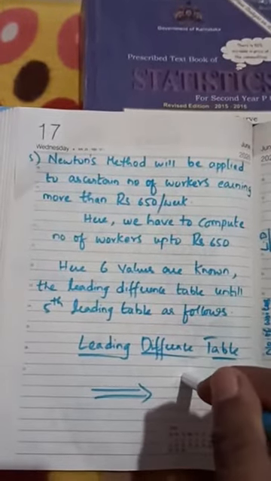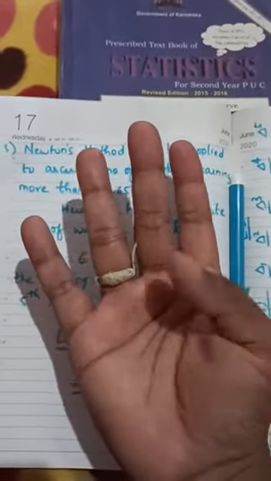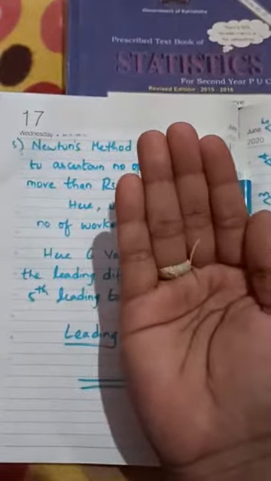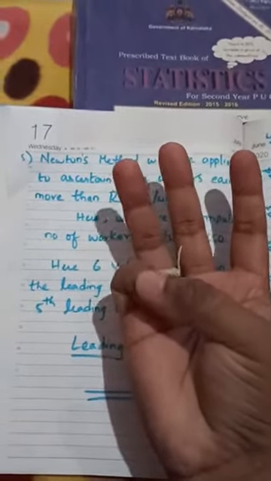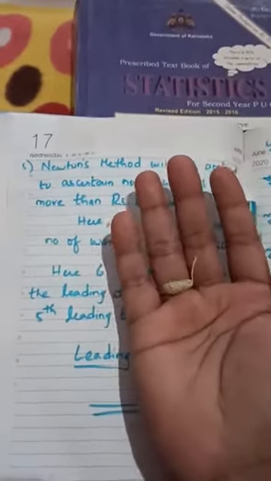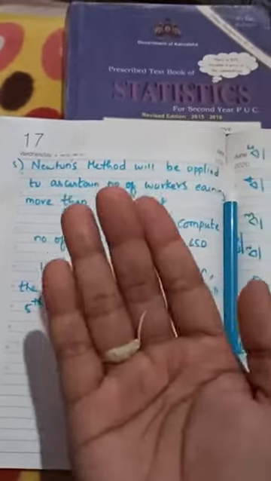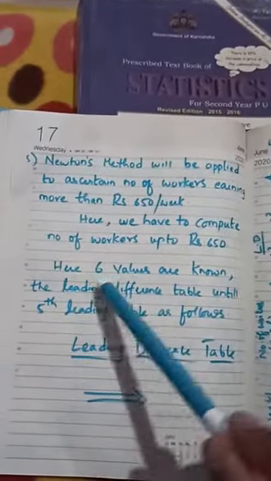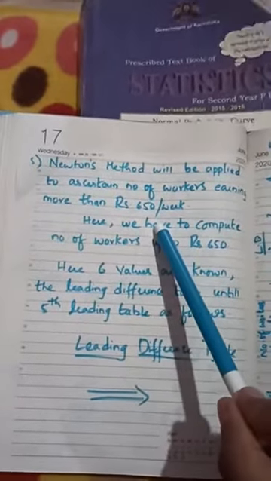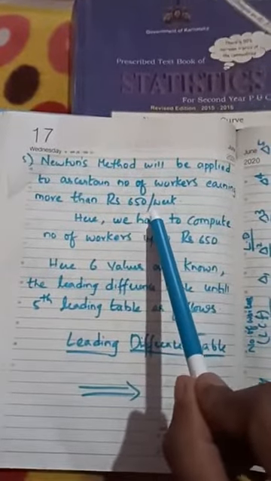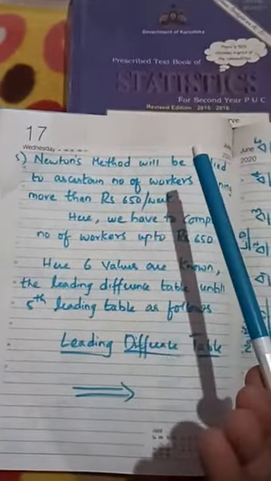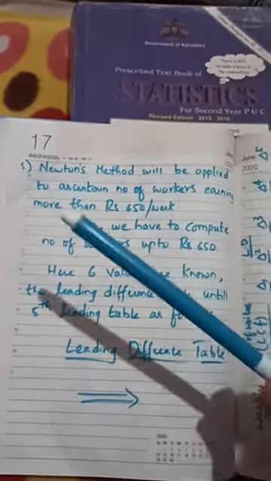See, for example, in your hand 5 fingers were there. From the fourth finger to the last finger we want to calculate. Instead of taking these, if you remove from 5 the end ones, obviously the 4 will come directly, or no? In the same manner here, more than 650 is asked from the given data. Then if you calculate within 650 and remove it from the total, obviously the remaining ones will come, or not?